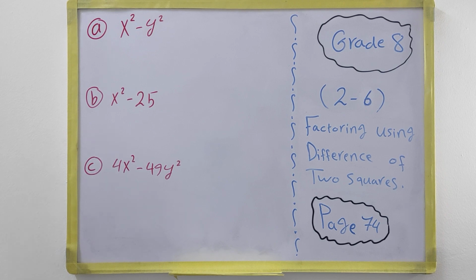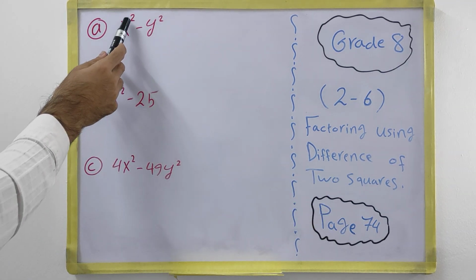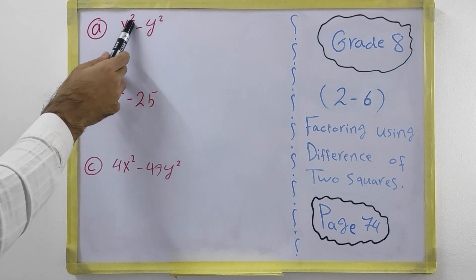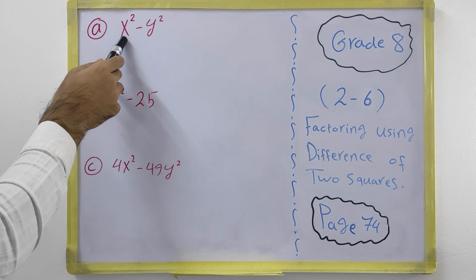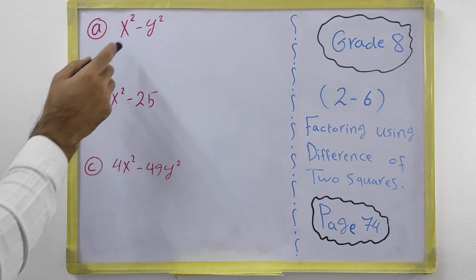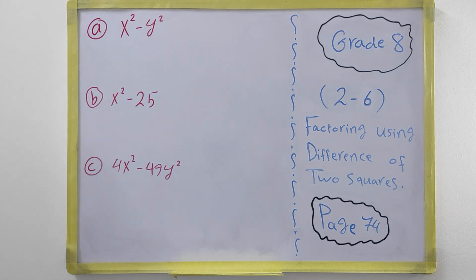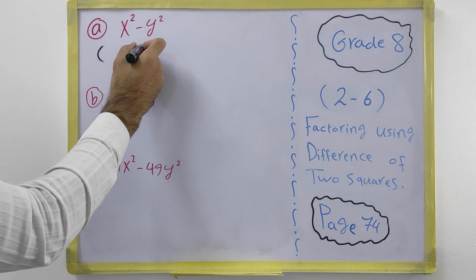What are these two things? Two squares. Two squares means we mean power 2. Two numbers power 2 or two unknown values power 2, with a minus between them. How do we factor them? Whenever we have something like that, we always have a rule that we can use to factor, which is we open two brackets